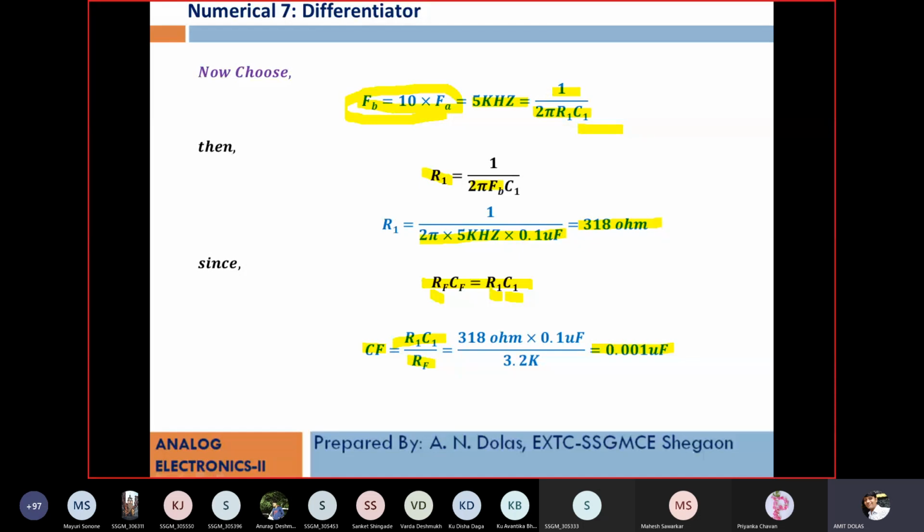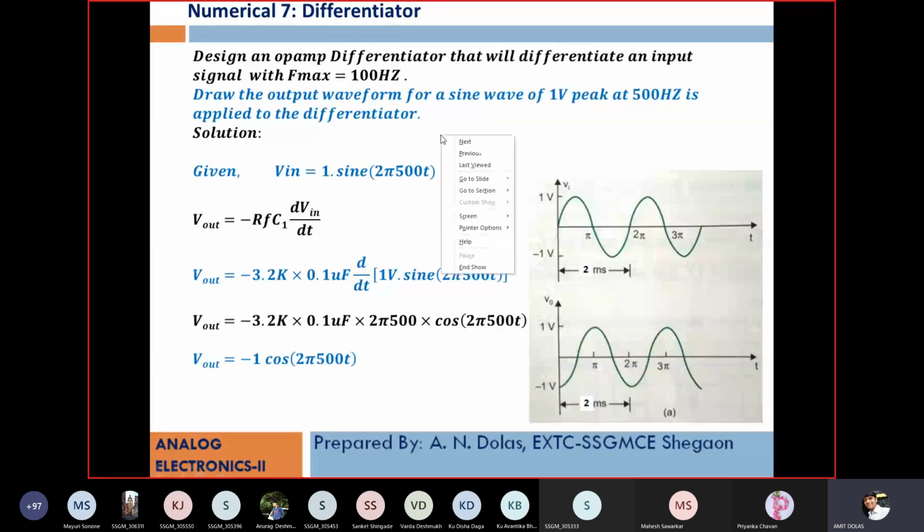Next sub question is, the applied signal is a sinusoidal waveform of 1 volt peak, 500 hertz. So this is 500 hertz, nothing but 1 by 500 is 2 millisecond. So this is the sinusoidal waveform of 1 volt peak applied to this differentiator: 1 sine of 2 pi 500t. Putting into the formula, Vout is equal to minus RF C1 into dVi by dt. This is the formula. The RF value, the C1 value and differentiation of